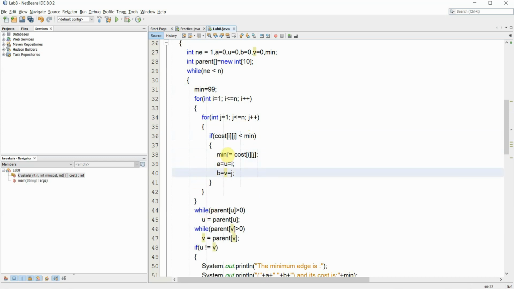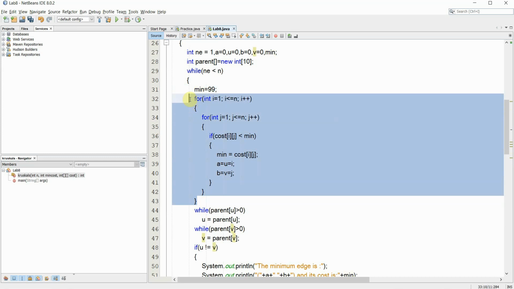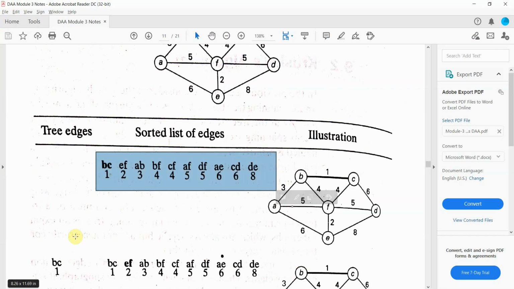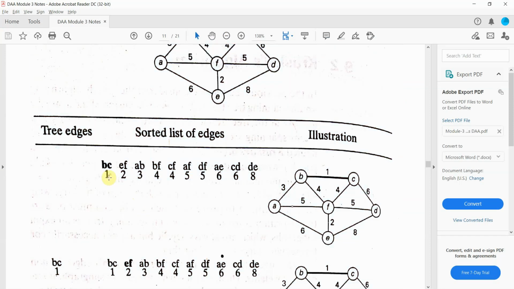In every iteration of the inner and outer for loops, what happens is we consider the minimum edge. How did we consider the minimum edge in the sorted list of edges? Here also we consider the minimum edge.